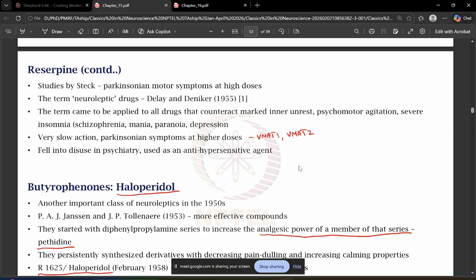So reserpine inhibits the vesicular monoamine transporters, and because of its ability to inhibit the VMAT transporters,